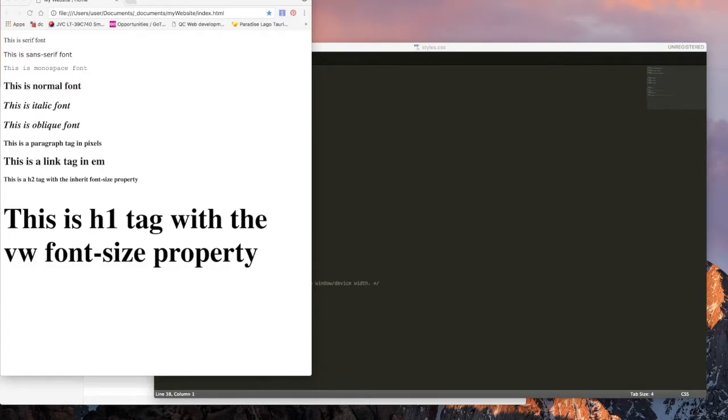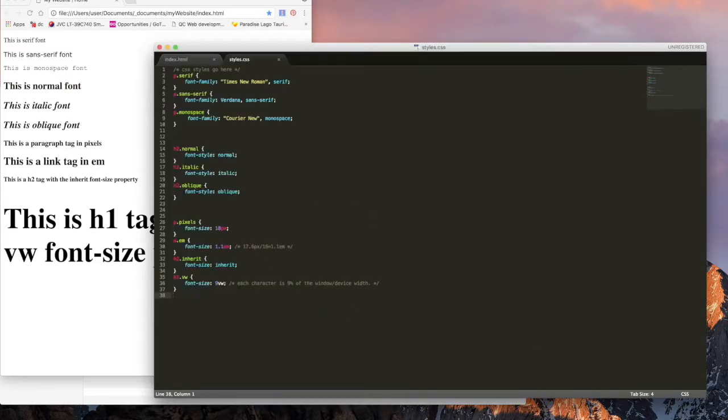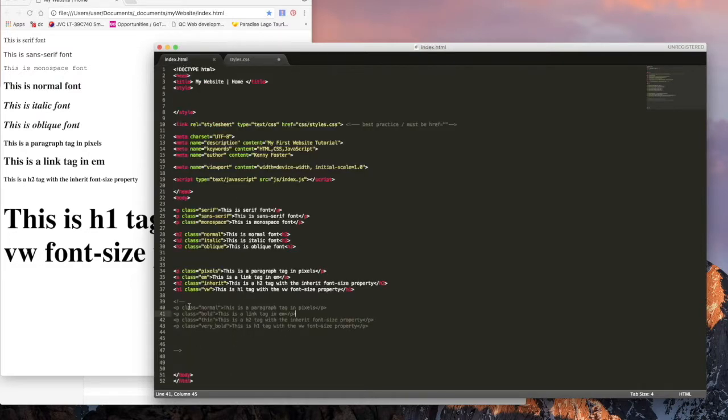And lastly, we're going to talk about font weight. So there are two pre-built font weights in CSS. These are normal and bold. So depending on your font family, you may be able to specify your font weight further. So font weights can start from 100 to 900. So 100 being the thinnest, 200 being a thin font, 300 is the default light font,